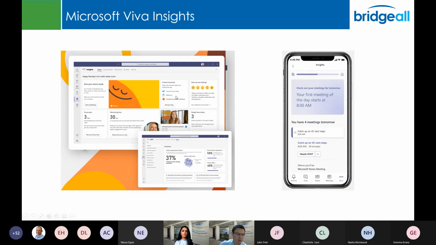Virtual commute, which is not available just now but will be coming later, and that will be within Teams as well. So the ability to use the to-do function to say, right, how do we close out your tasks for the day? What have you got left to do before you leave? Close out tasks or move tasks out to tomorrow if you want to take a period of reflection, and then maybe take one of the